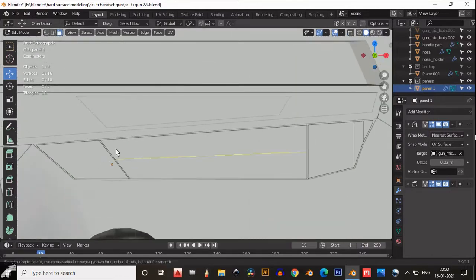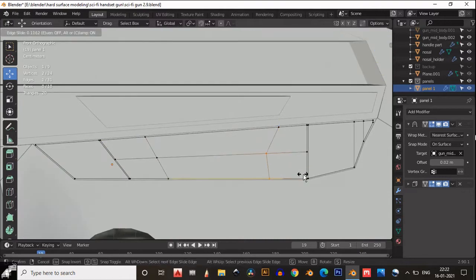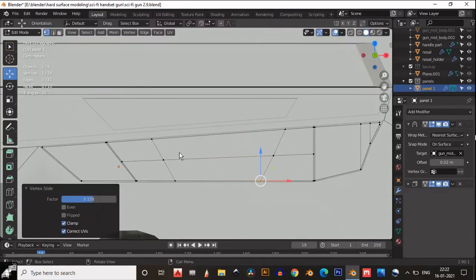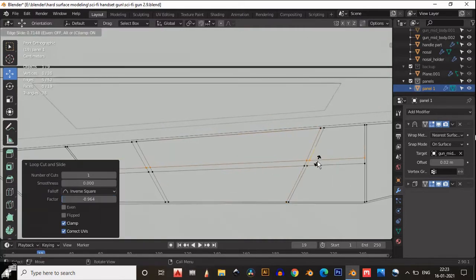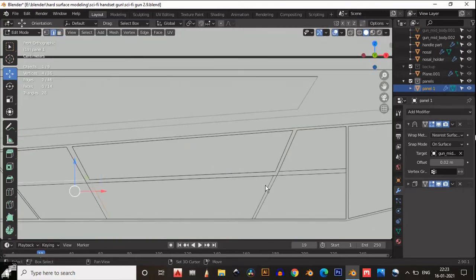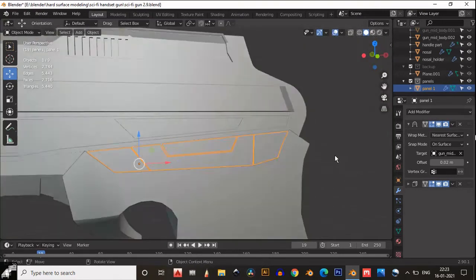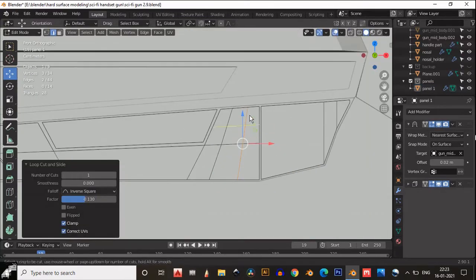You can delete the face, just add loop cuts and create different kinds of designs. But this will include one thing, which is that it will increase the poly count. So it's totally dependent on your model project, for what kind of project you want to make this model.